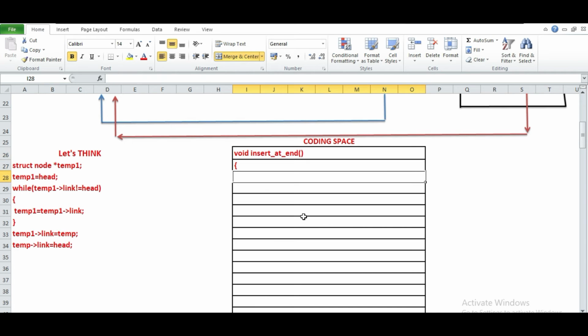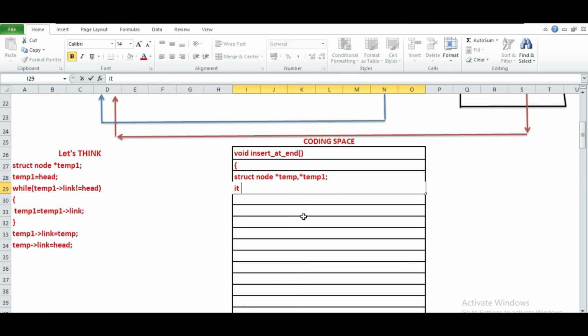So we are inserting at the end, and we require two pointers, one for making a new node, which is temp, and one more we are requiring, temp1. Okay, we also require an element which is integer type, so that we can insert data in the data part of the new node, and then we are going to form the new node.